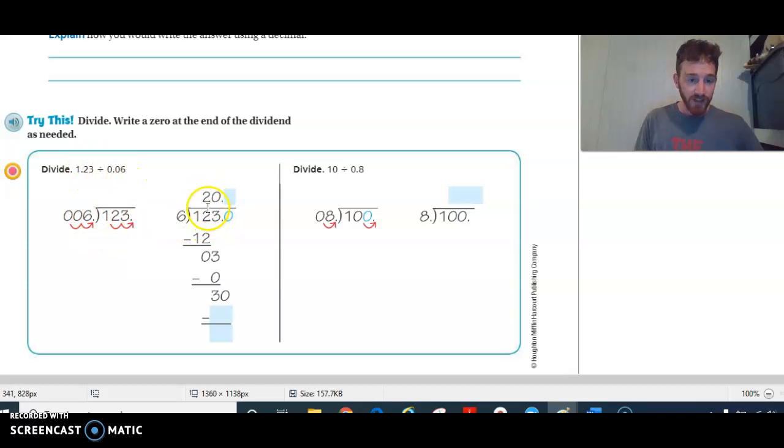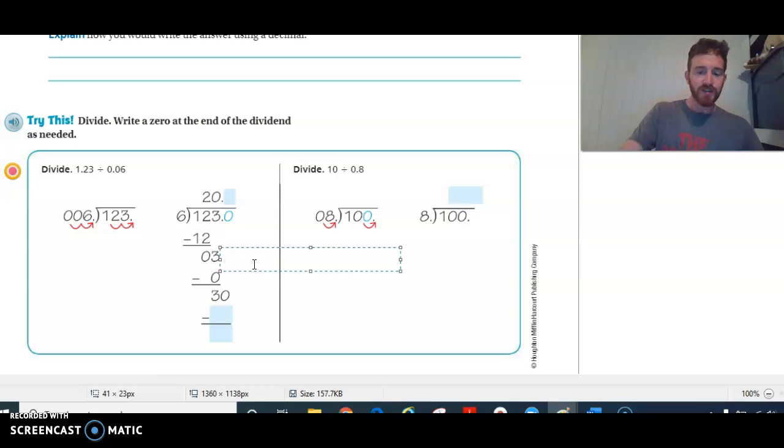And when we work it out, we get to here. 6 goes into 12 twice, so subtract 12. And we have 0. Then we bring down a 3. 6 goes into 3 0 times, so we add a 0. Then we place it here. And we need to think, okay, we have a 0 we're going to put in here. So that means we're going to put in a 0 here to think, okay, how many times will 6 go into 30? So again, notice here, we put a decimal point